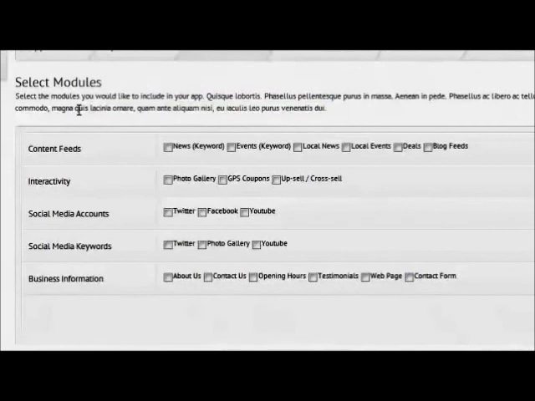Okay. The next thing we're going to do is choose which modules we want on there. If you've ever been in an iPhone app, you can choose which modules. So I'm going to briefly go through all of these and we can select some of them. The first thing we can do is select content feeds. Simply by putting in a keyword, it actually populates with stories or whatever